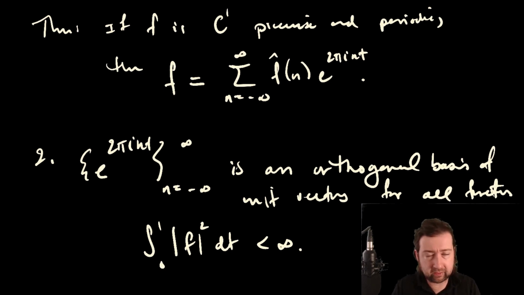This is related to the idea of looking at the time domain function f or the frequency domain function f hat. Knowing the coefficients of f is essentially identical to knowing the function f, but different information is available from each setting. So now that we've built up all this machinery, the next thing that we want to do